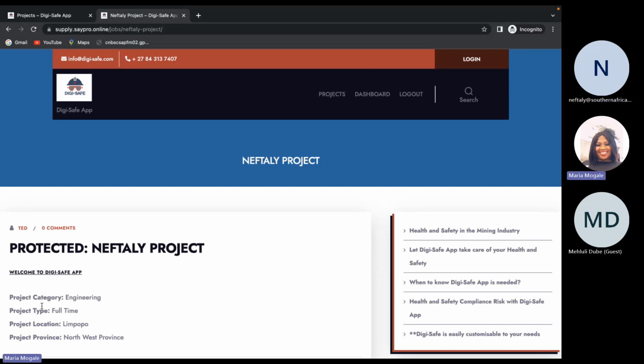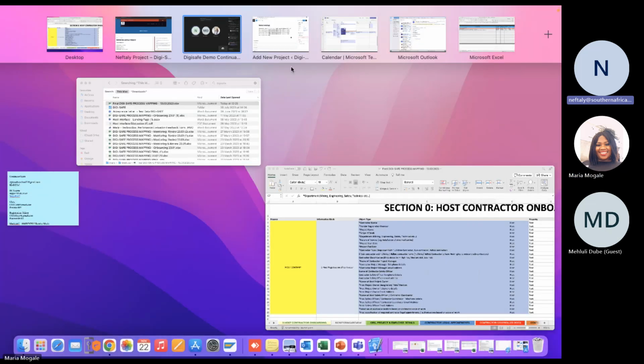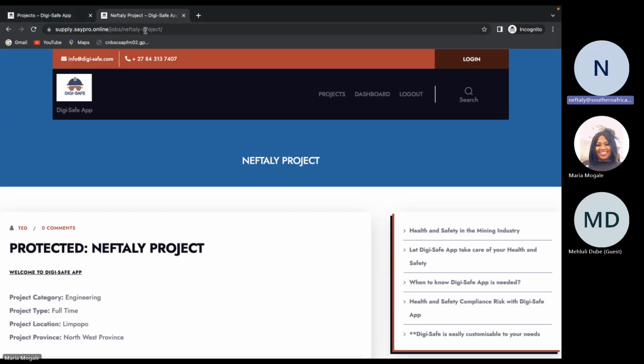Okay. So I'm not sure, maybe Methuli and Mokoto can come in terms of this one. So what we will do is we will also create it to make sure that as you create it, you can add the person from DigiSafe to DigiSafe.